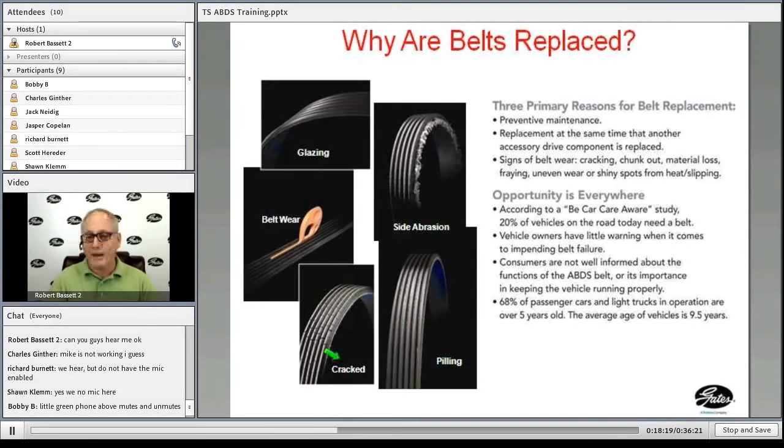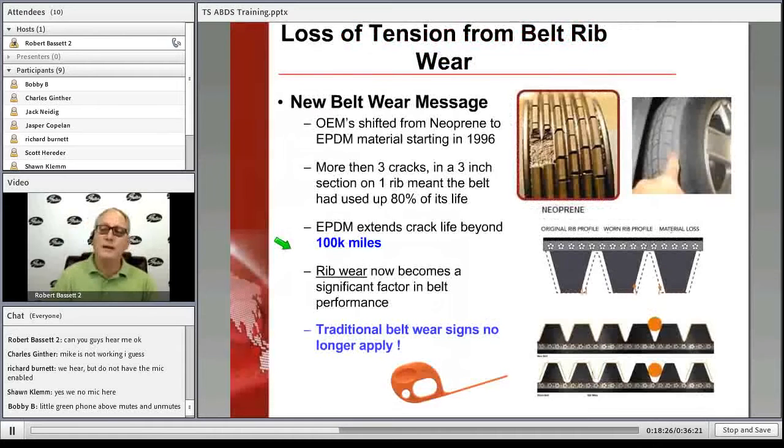Of course, in years past, we looked for cracks. Today, we're looking for belt wear, and I'll show that to you. Here is the neoprene belt versus, well, I got a tire up here, and I hadn't replaced that one yet, but that should be the EPDM belt. The material begins to shear away,